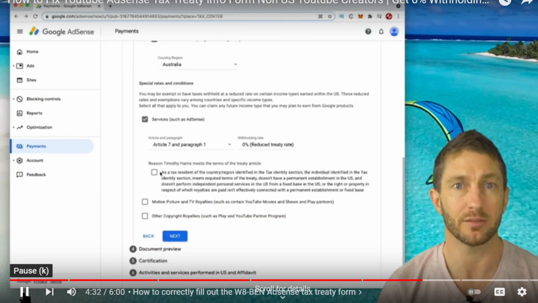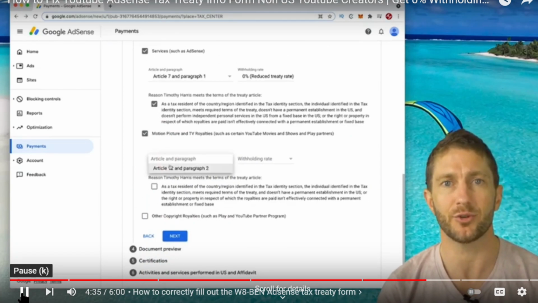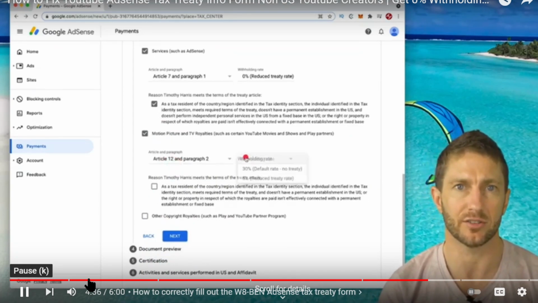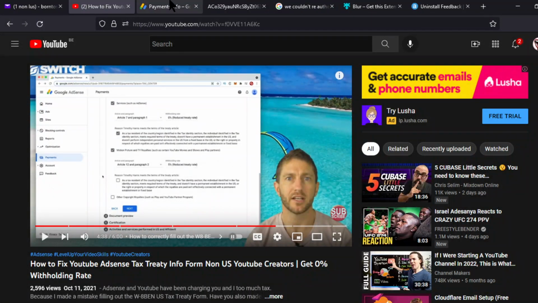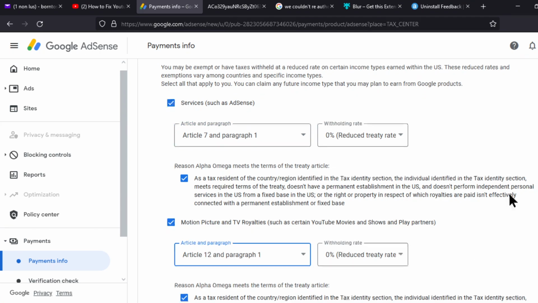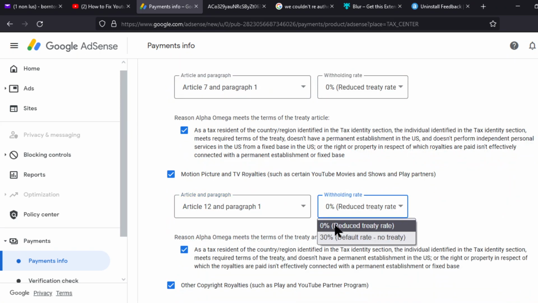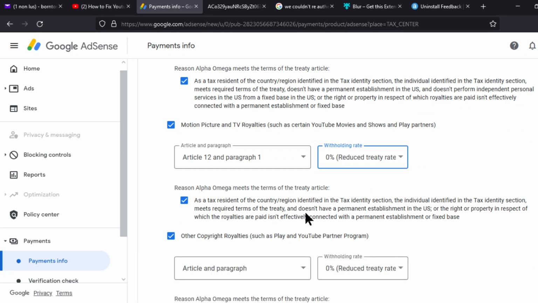Then this is important. Make sure you do it for the other 2 areas like so. You can see in my case, Article 12, and it shows 5%. This was the lowest they could give to him. In my country, they could give me 0%. So here it was 12 he chose. That's what is there. And here, we even have 0. So just choose the lowest one. We have 0, so we don't even have to pay anything from Europe. And I think that's about all.